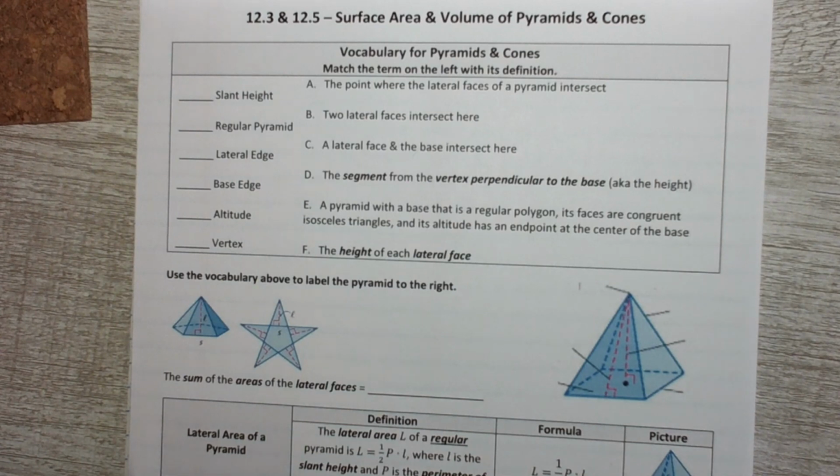Okay, in this video we are going to start looking at surface area and volume of pyramids and cones. To start with, we're going to look at a little bit of vocab that's important for this and one example in this short video. So first thing is vocab. You've seen some of this before with the previous volume and surface area sections you've done, but just to review,